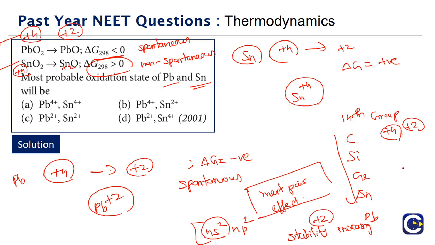So that is the reason why that effect will be increasing as we go down the group, and we will see that in case of tin, the plus 4 will still be more stable than plus 2, but as we go to lead, plus 2 will finally become more stable than plus 4 itself. So at the top we have plus 4 more stable, at the bottom only one element, lead, will be having a plus 2 state more stable than plus 4. Okay, so what is the correct answer for this? It is option D, where for Pb lead it is plus 2 and for tin it is plus 4.